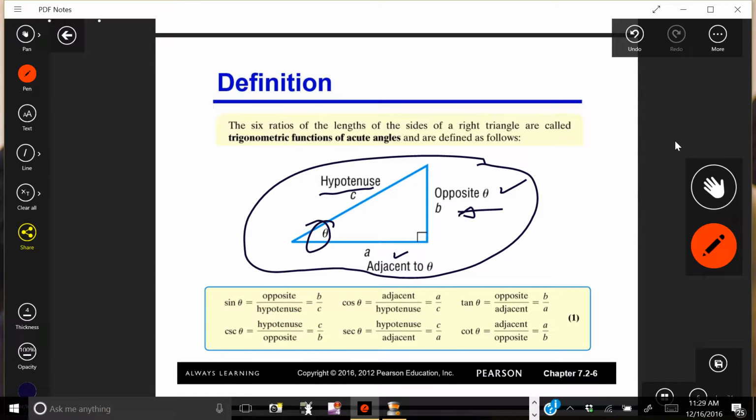So now here are the definitions of the trigonometric functions. And then we're going to talk about how to remember or memorize them. The sine of theta is defined as the opposite side over the hypotenuse, which is B over C. The cosine is going to be adjacent over the hypotenuse, which is A over C. The tangent of theta is going to be defined as the opposite over the adjacent, which is B over A. Now, given these definitions, these three functions are all that we really need to know to solve right triangles, except